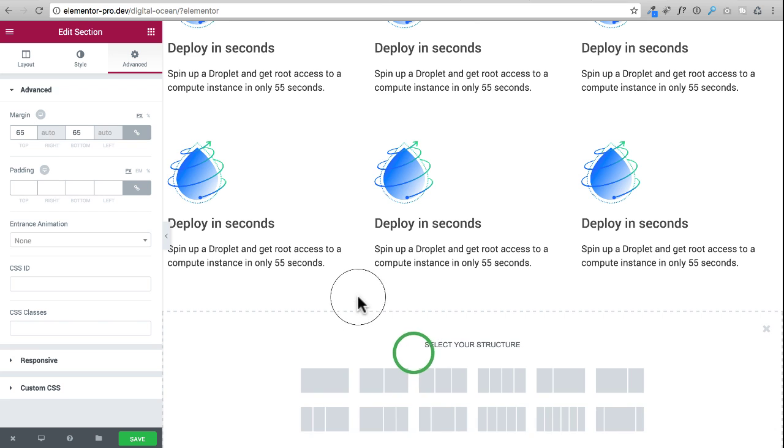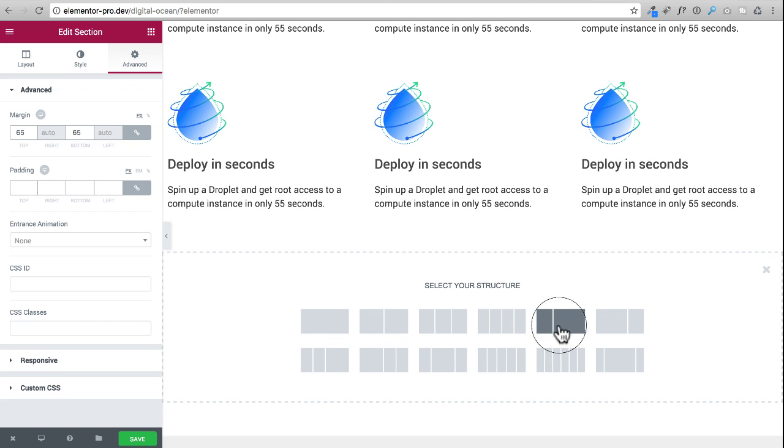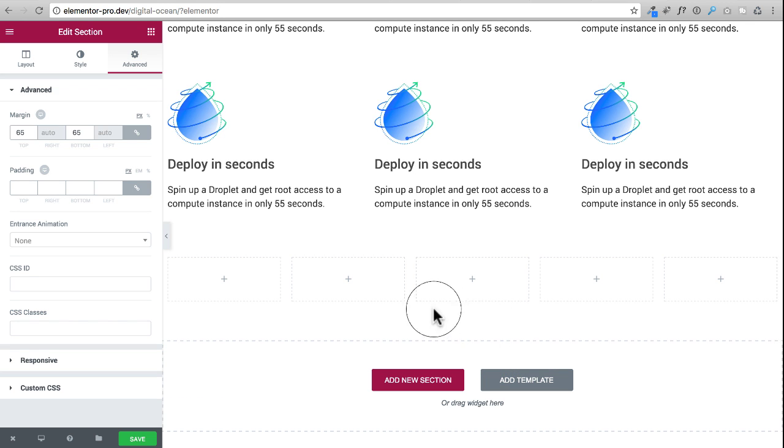I'm going to click on add a new section, and I want a 5-column option. Now, what's odd is most page builders don't give you a 5-column option, but Elementor does, and I like that. A couple years ago, I used Visual Composer, and if you've used that page builder, you know there is no 5-column option. I don't know why that is, but I've experienced that. So anyways, I'm going to go ahead and click on that, and we're going to make this 5-column